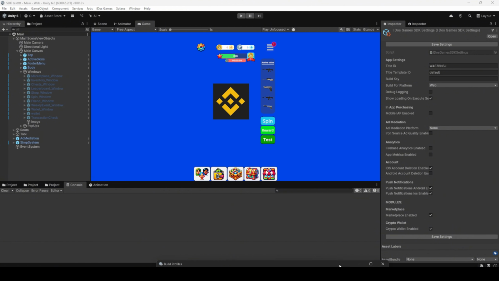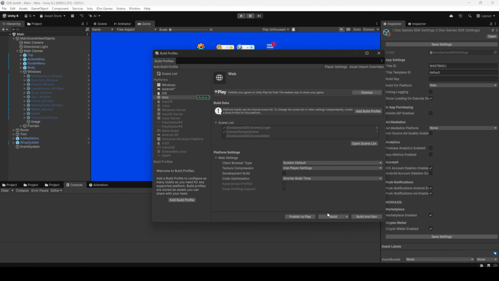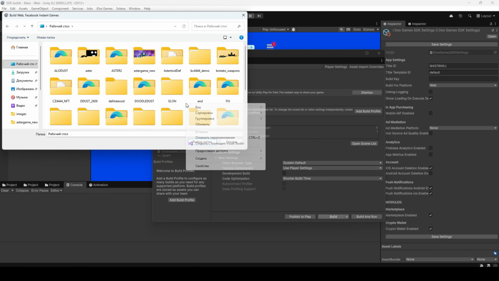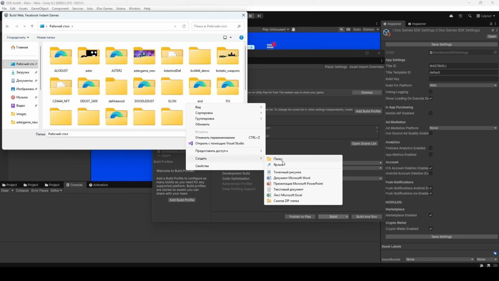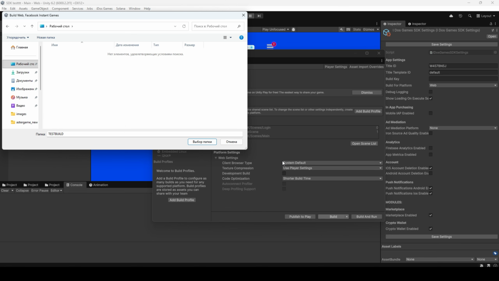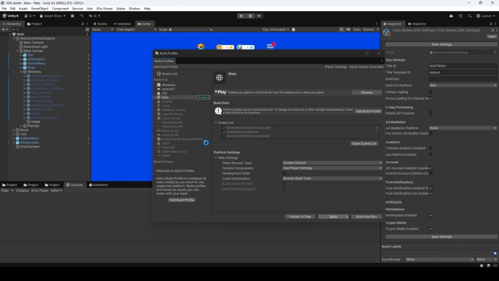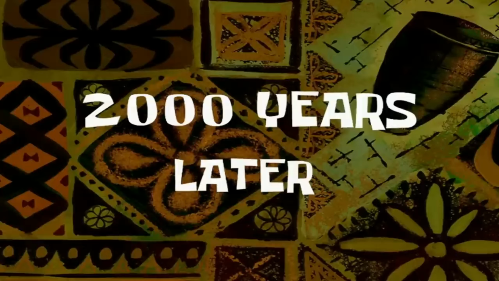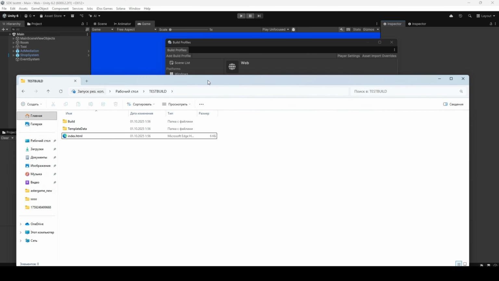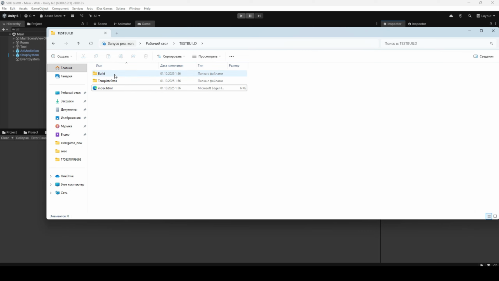Once all the settings are configured, choose the folder where the build will be compiled and wait for the process to complete. When the build is finished, open the build folder, copy the path to the build directory, and